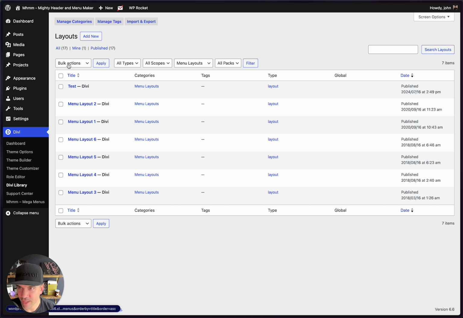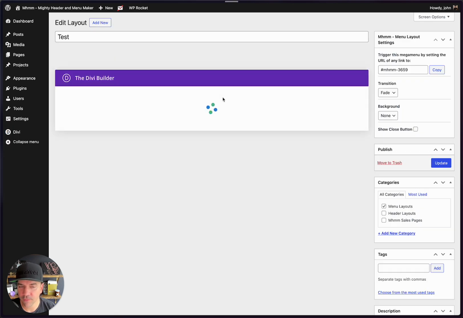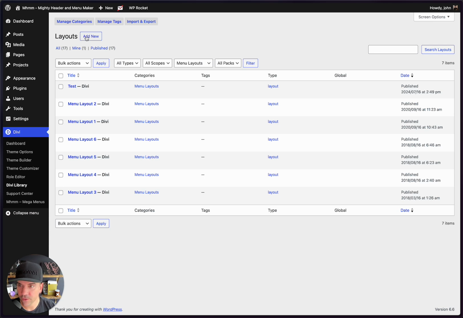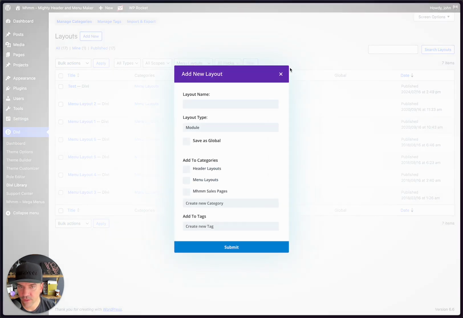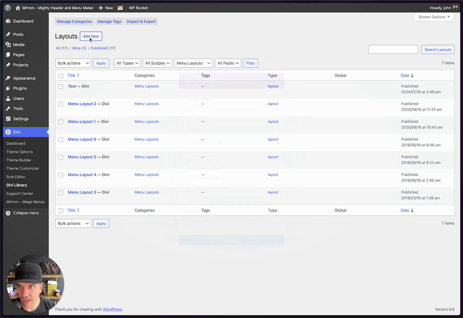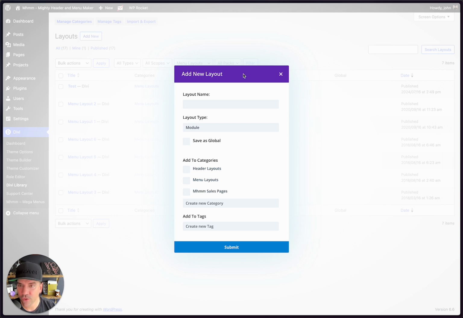So this menu layout here called test is the one that I'm using in this example. And I'll make a new one just to show you here. But this is the one I'm working on. Let me go back actually, and let me create a new one, and I'll show you what you need to do. So if I was making a new mega menu from scratch, I'd first come here, I'd hit add new. Well, before I do that, you see the category here is menu layout. So that's important. So I go add new, and we're building a new menu layout here, and it is a